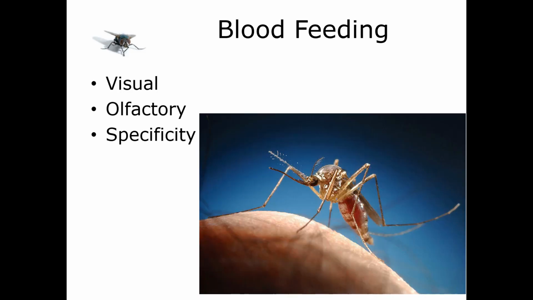Now, both males and females regularly feed on plant sugar throughout their life, but only females feed on vertebrate blood. So water is presumably taken from the surface of moist substrates, as well as in sugar meals and in blood meals. So they feed on liquid primarily, and that's how they get enough water. Mosquitoes are going to hunt for food and host through both sight and olfaction. So just like we saw with the Calliphoridae.